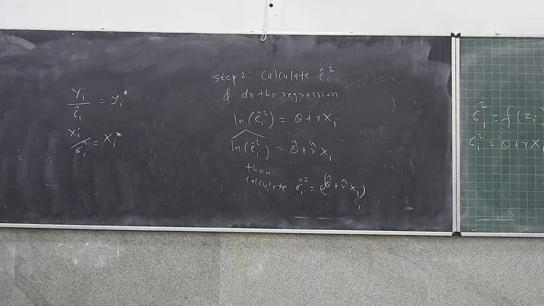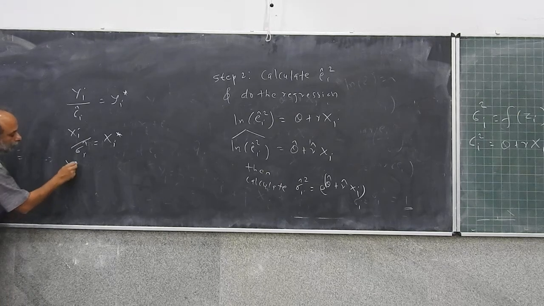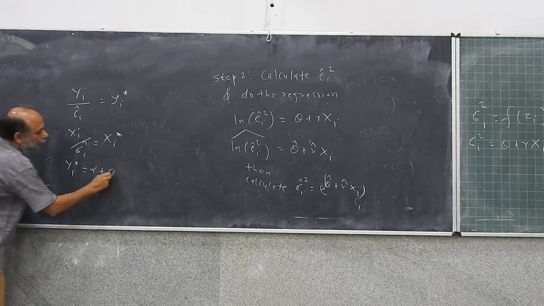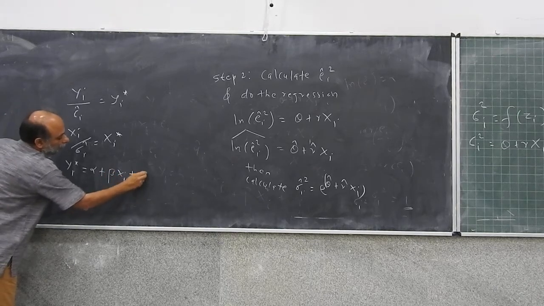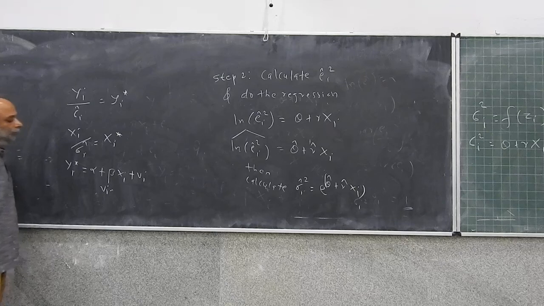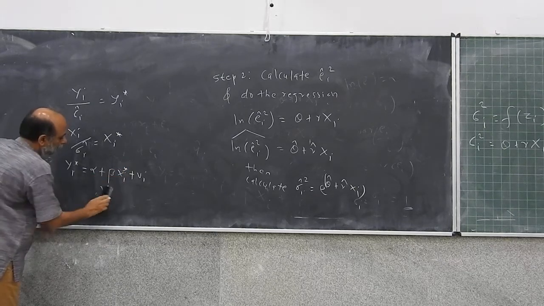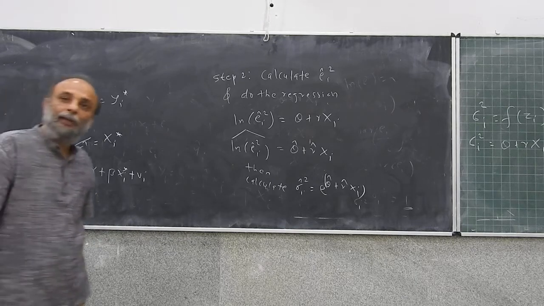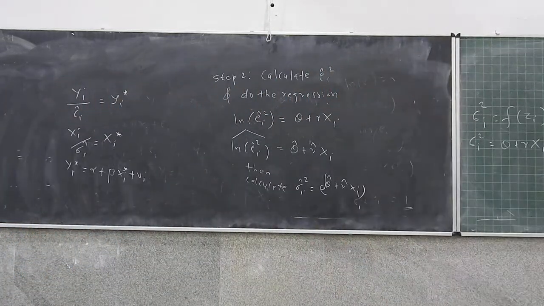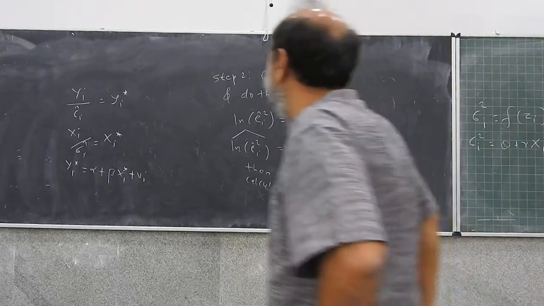And do the regression, right? So beta hat FGLS will be obtained by